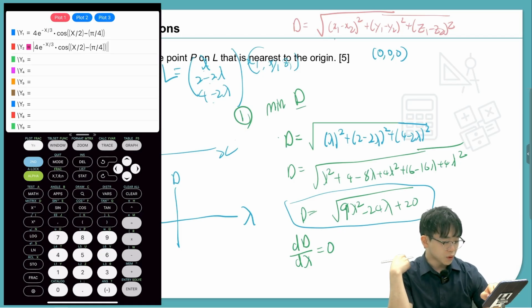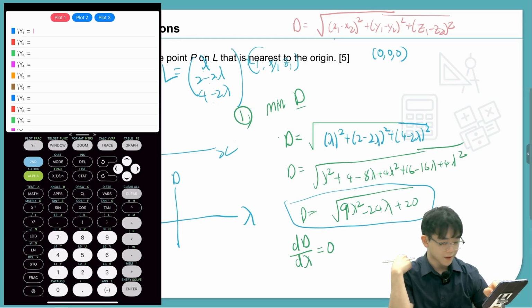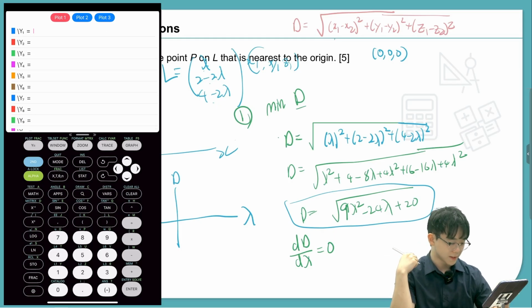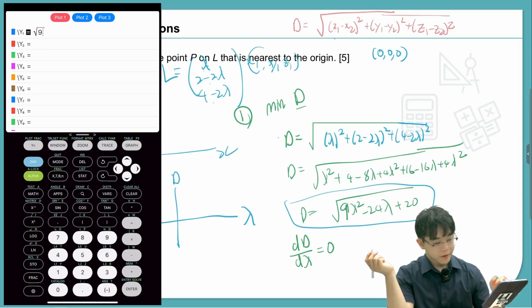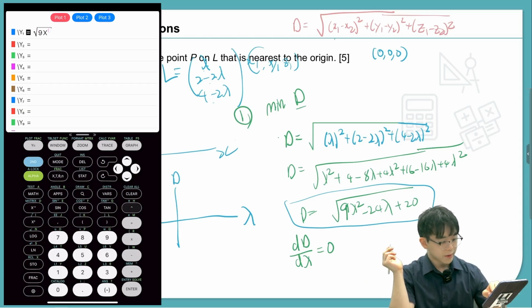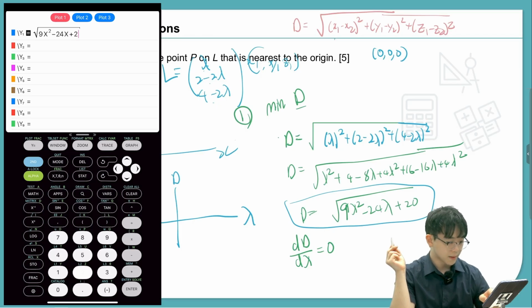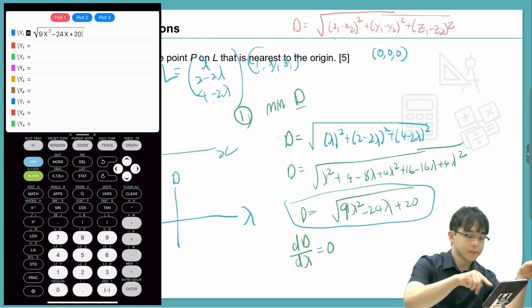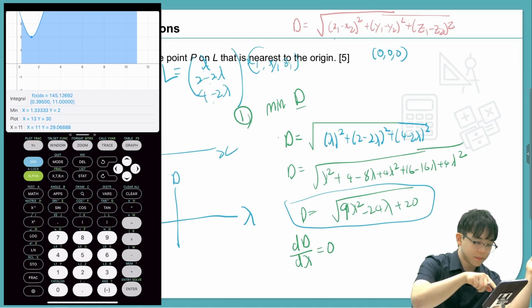So that's like approach 1. And the other approach involves an intimate understanding of vectors. So we'll get to that soon, but let's just check the results. So if you have 9 lambda squared, instead of lambda, I'm going to do x squared minus 24x, and then I have plus 20. Okay. So if I plot that,